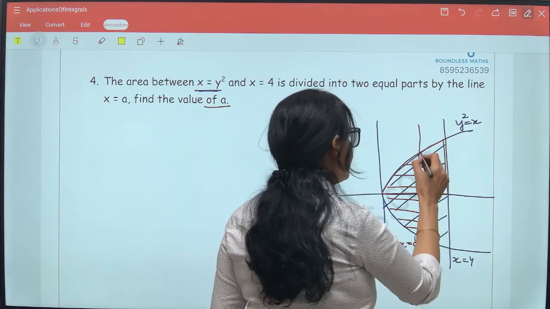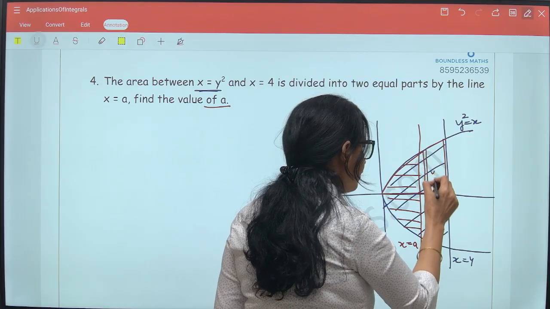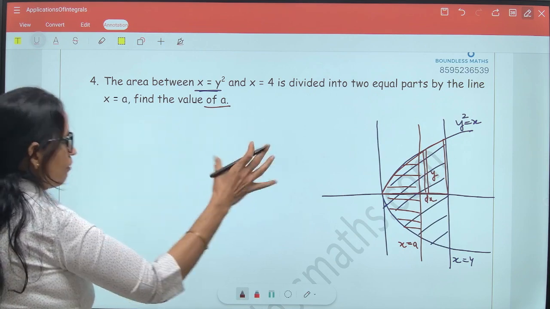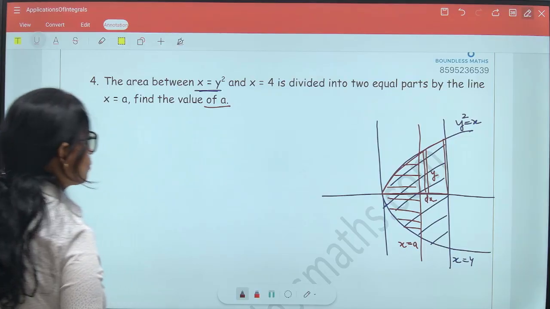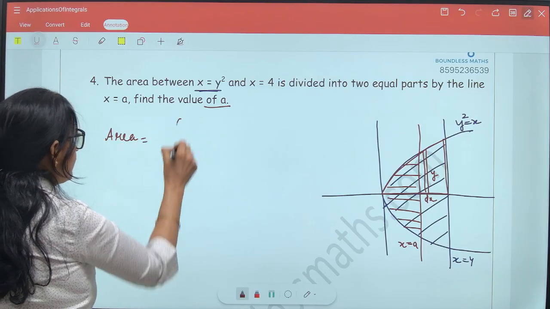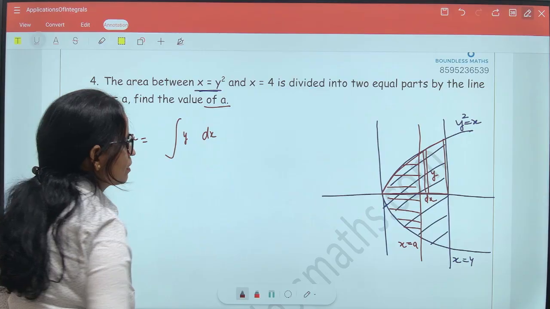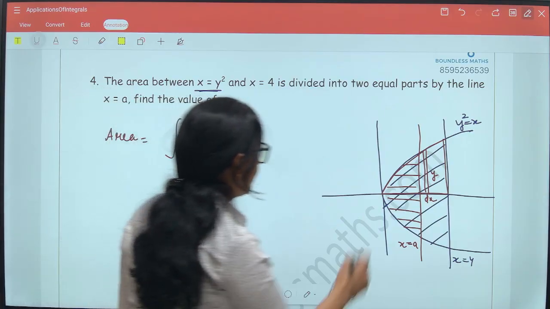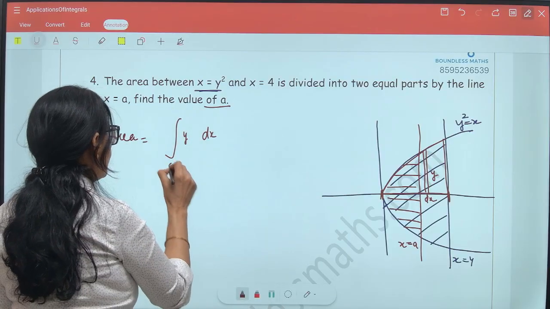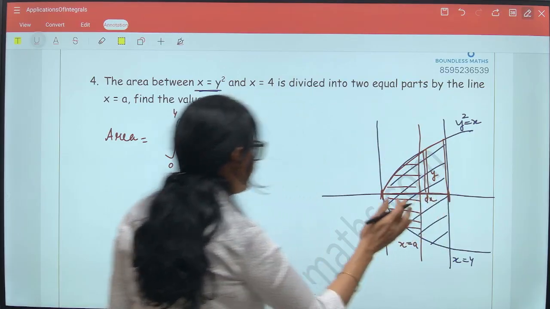Now how do you find this? If you take a marginal area here, it is dx here and y here. That means the total area covered by the parabola and x equals 4 is the integral of y dx. What is the boundation for x? From x equals 0 to x equals 4. So the limits are 0 to 4, and because we need to find the entire area first, so it is